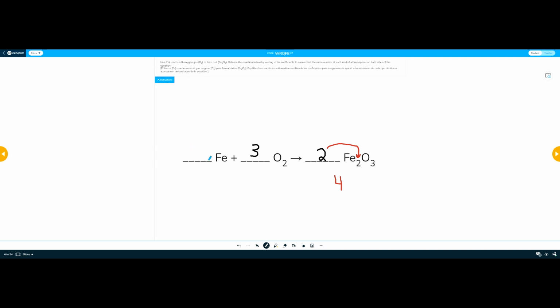Okay, so once again, we're going to start over. We have 4 on the right now, not 2. So what we need is 1 times something is now equal to 4. And hopefully you can quickly see that the answer is now going to be 4. Okay, everyone, this is the answer. 4, 3, 2.